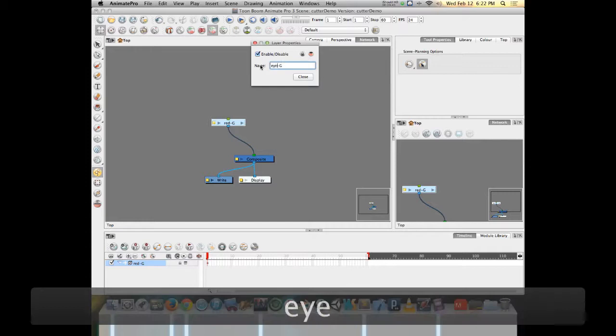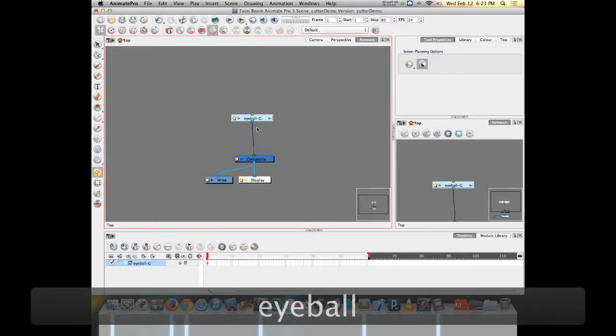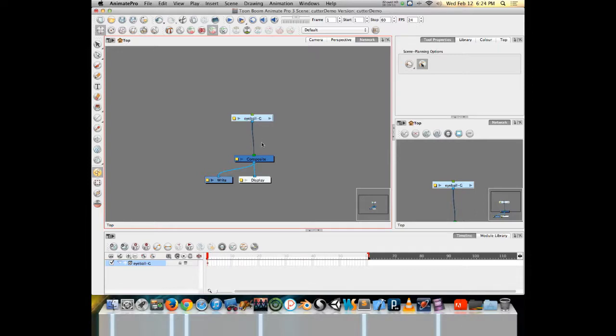And I'm going to call mine eyeball. Mine says PB. After your new group composite has been renamed, if you click on the arrow on the right-hand side of it,